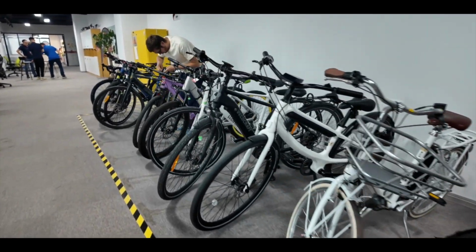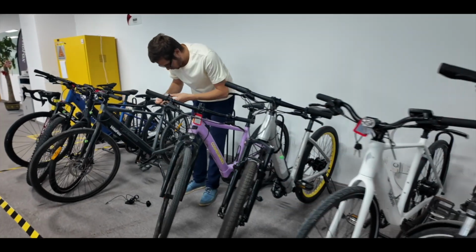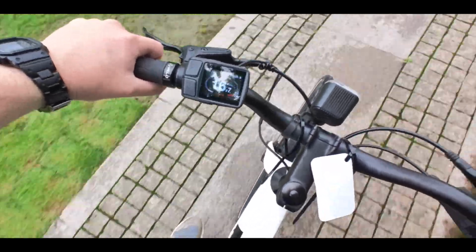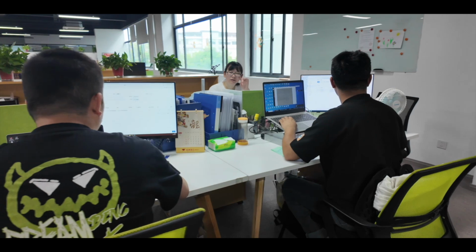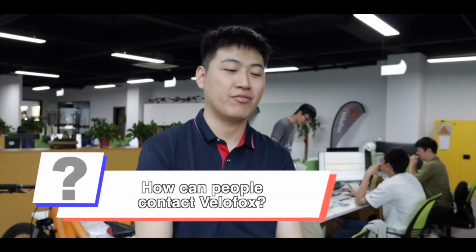So HMI will still be our core business, but we are trying to expand our business to conversion kits for the e-bike. And this is like a boat battery for the e-bike, and you can just change your traditional bike into an e-bike with our conversion kits. That is what we're trying to do, some system integration service for our customers. Velofox is maybe not big and without many people. It's just like a small guy walking down the sun or the moon, but the shadow of Velofox can be very big and long. You can follow us on our website,